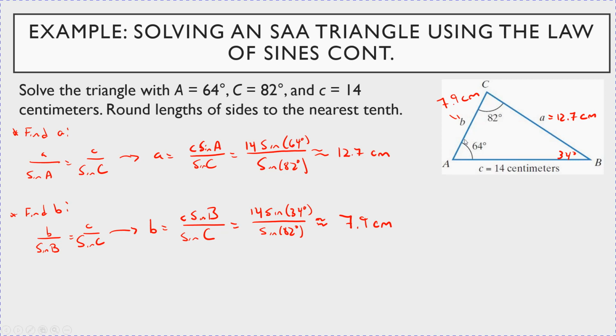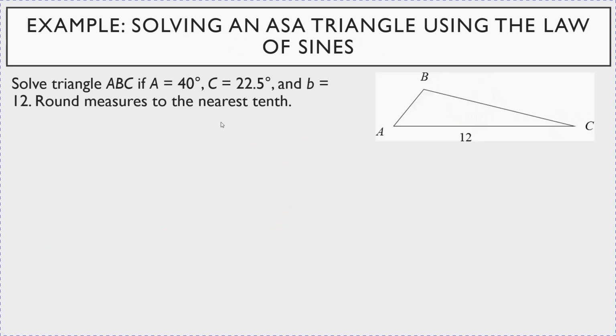All right, let's do another one here. Just so you can see, you're going to notice it's going to be the same procedure, okay? Same procedure. So here's an angle side case. So solving triangle ABC, if A, so A is right here, A is 40 degrees, and C here,